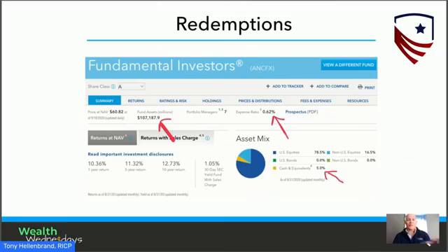So the biggest difference between a mutual fund and an ETF structurally is this cash drag piece. And the reason they need to hold so much cash is if I go out and sell my mutual fund. So let's say that I own this fund, ANCFX, and I'm going to go ahead and sell it. If I do that, what happens is the mutual fund manager actually has to give me the money. So it's not a trade between me and another investor. It's a trade where the mutual fund company actually has to sell positions if they don't have enough cash, and they need to give me the cash so that I basically got out of that fund.